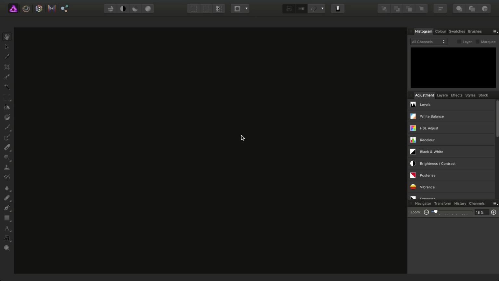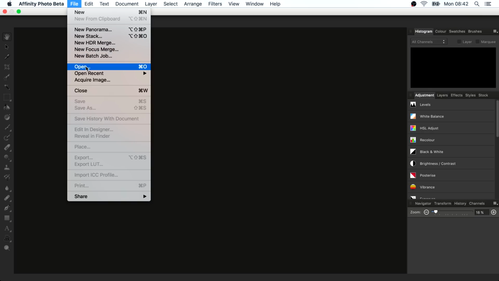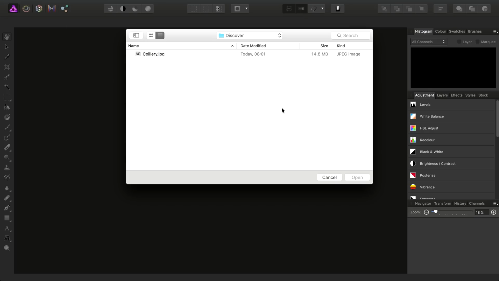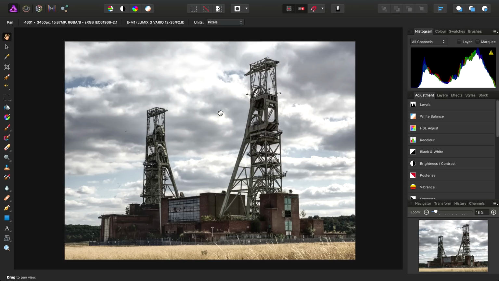Okay, so we're just going to try and get acquainted with the basics of Affinity Photo's interface. And to help me demonstrate the interface, I'm going to open up an image, so I can go to File and Open. And I'll just open up a JPEG file I've prepared. Okay, so once you've opened your image and you're ready to start editing it, this is the interface you'll see